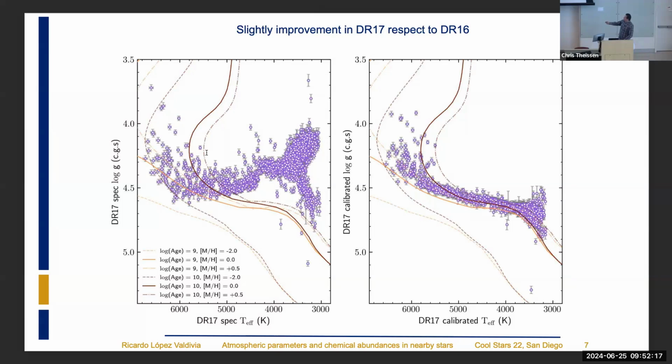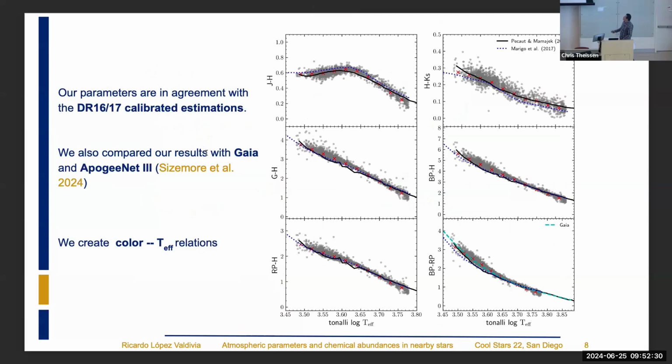Of course, with APOGEE, we know this issue, and we apply a calibration to the gravity, and it improves a little bit here. So we compare our parameters with the APOGEE data releases 16 and 17 with the calibrated estimation. So we are in agreement with the calibrated estimation without applying any calibration ourselves.